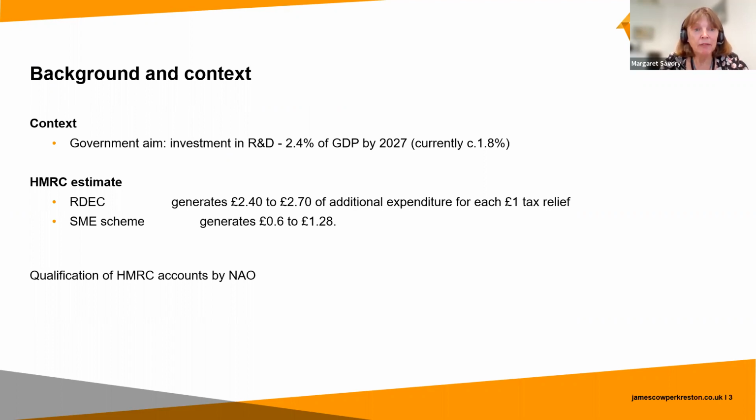And indeed, they've done various studies to show that for every pound of R&D tax relief they give, they generate more R&D expenditure. So for the RDEC scheme, that's nearly £3, and it's a bit less for the SME scheme. And they're not quite sure why there's this difference. But in both cases, more innovation and R&D spend is generated by the use of R&D tax relief. So they're very clear that R&D tax relief is set to continue into the future. However, and this is the last bullet point,